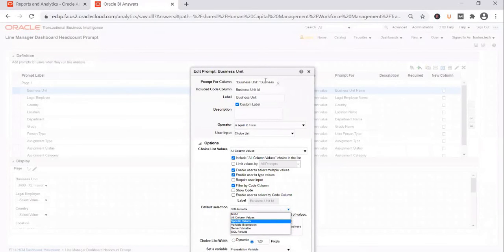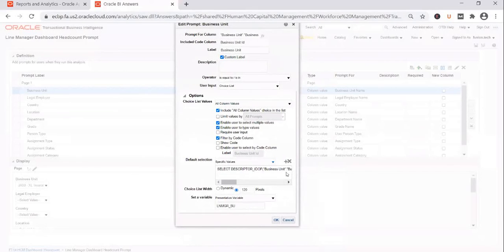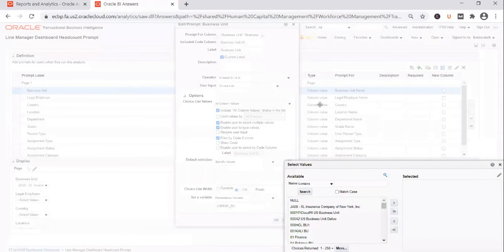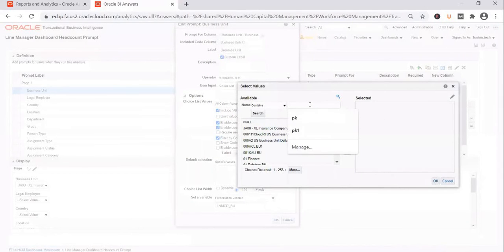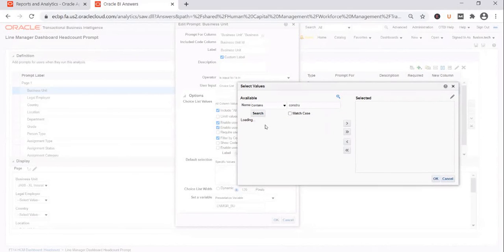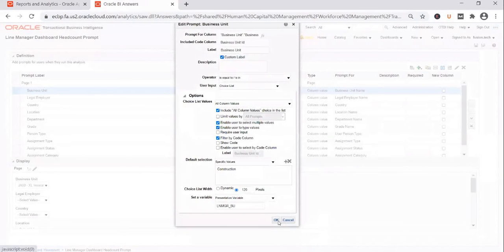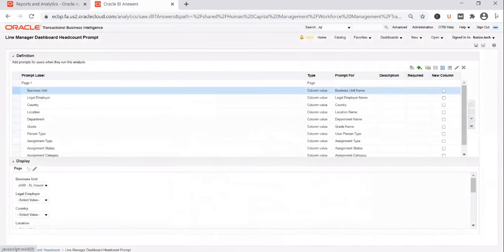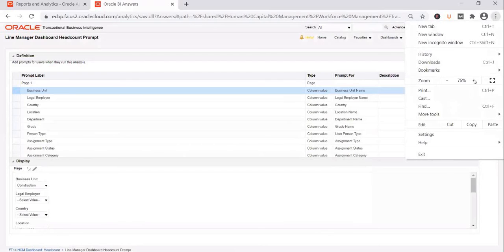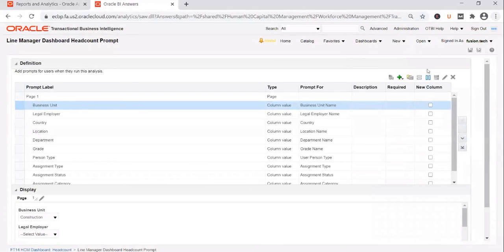Click on it, select specific values, take off the query, add in a specific value, and select construction. Add it. Click OK. And now if you try to save it, let's see what happens.